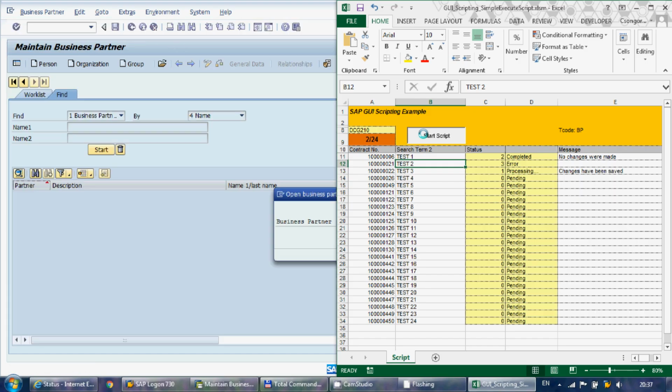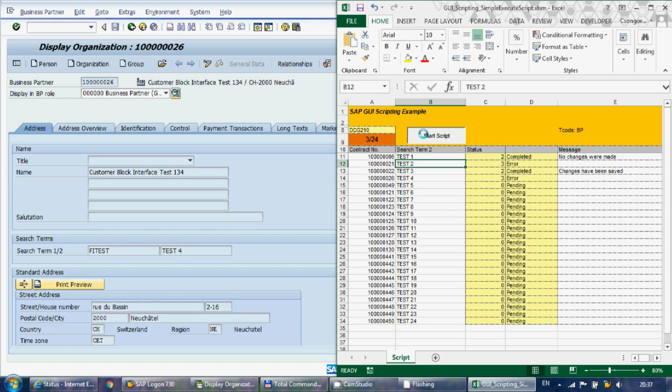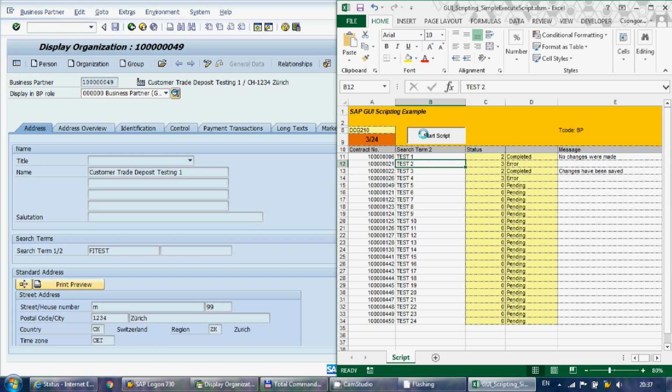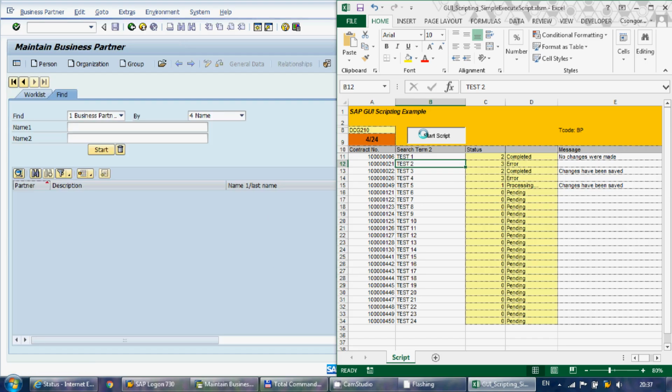And we started looking at LSMW, but in the standard GUI transaction CRM underscore order in CRM, the LSMW just couldn't script some of the changes we had to do. So we started looking further, and then we found GUI Scripting, which is a really simple way of automating something